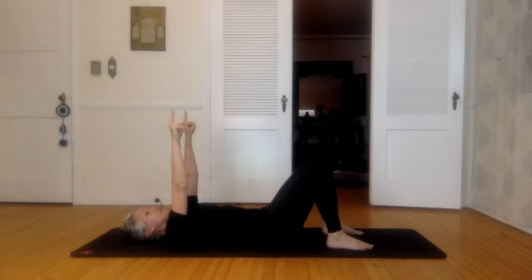And then the middle finger is going to point out nice and long and tall, and big circle there for 3 and 2 and 1, and reverse that 3 and 2 and 1. And then that pointer index finger, big circle there for 3 and 2 and 1, and reversing 3 and 2 and 1. And now your thumb, ready, big circle within that thumb, 3, 2, and 1, and reverse that